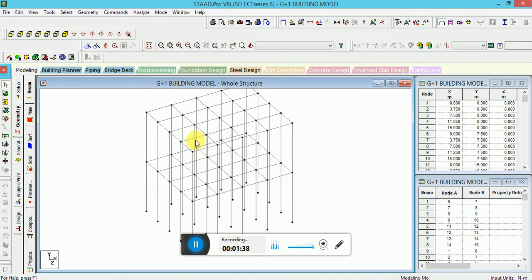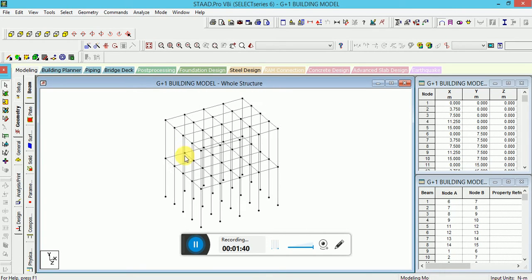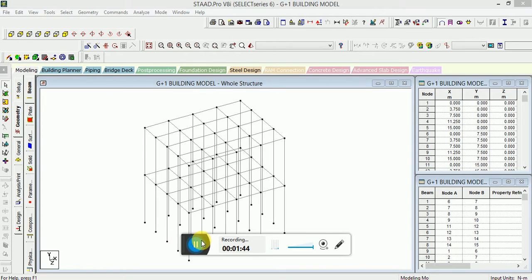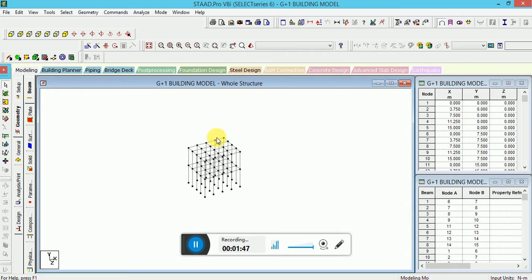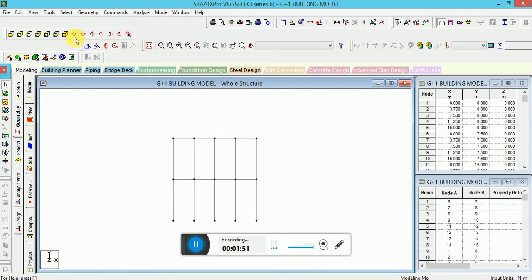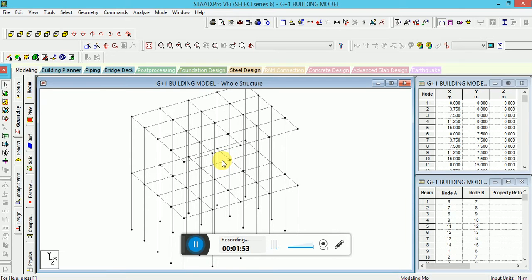So I will do it here. Now we can modify our structure by adding some beams, columns,